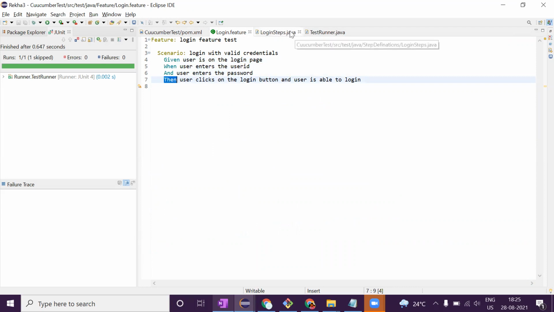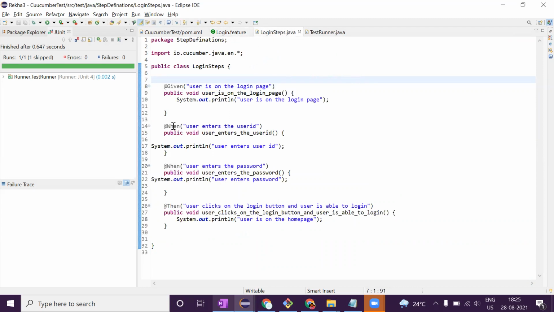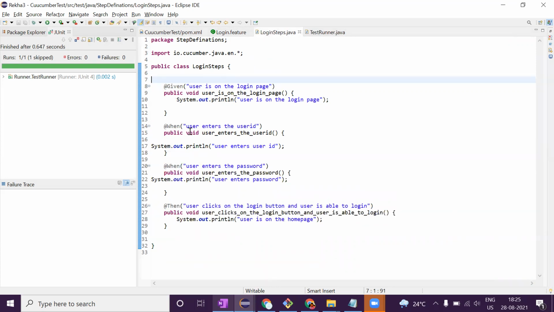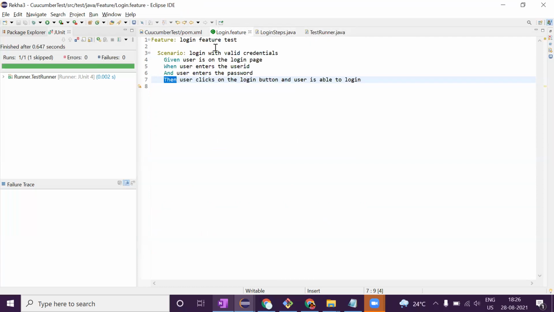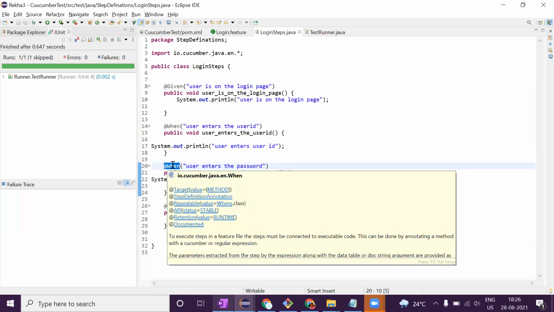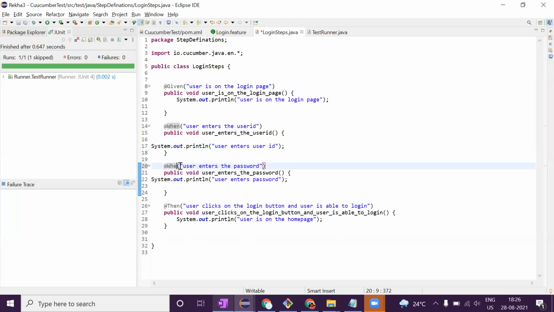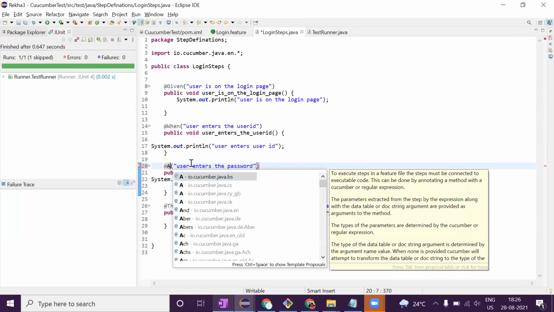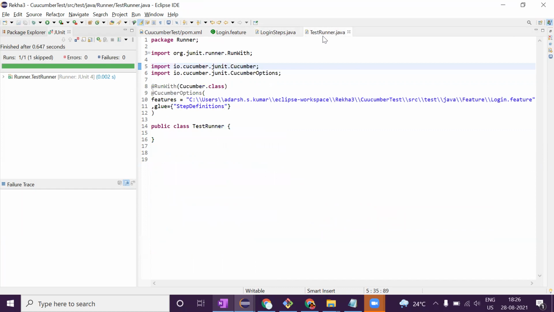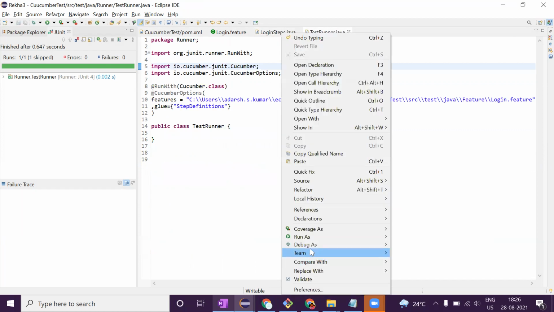Given user is on the login page, when user enters the user ID, given when and. So it needs to be changed to and. Okay, then it is done. Let's see if it works or if the mapping still needs to be done.